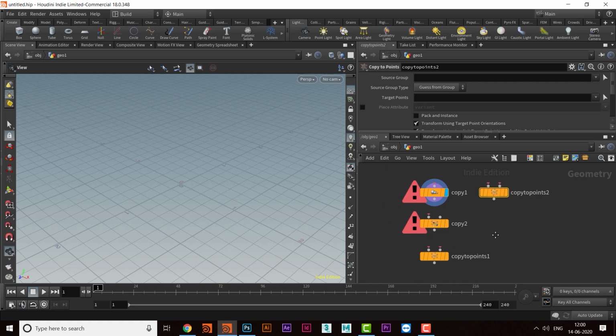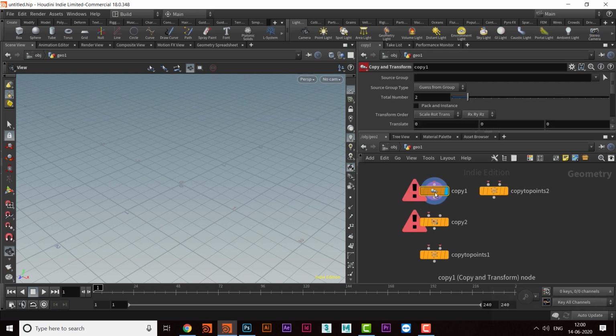Okay, so in the series we are starting with copy and transform, and in this one, I will give you two examples. One is very simple, the other is a little difficult. Okay, that is not difficult, but because this is a beginner series, it will be a little difficult for those people who are just starting out in Houdini. So let's start.